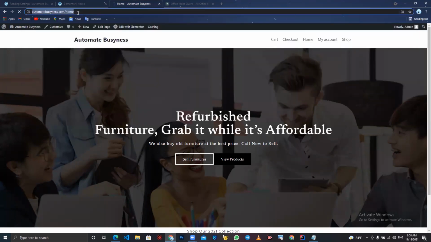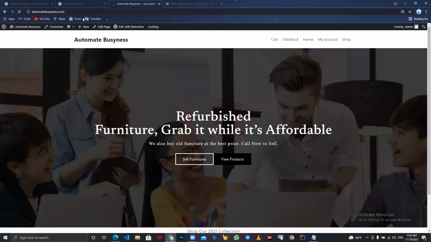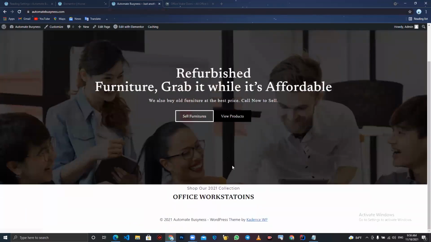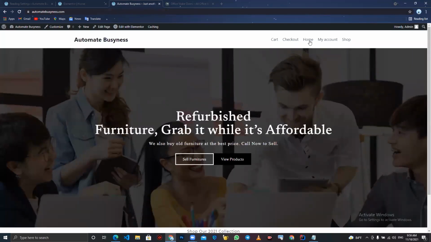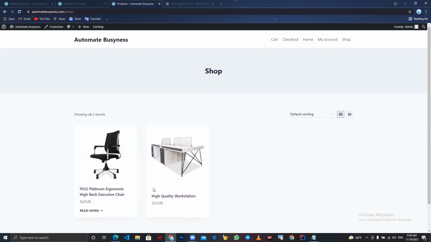Yes, you can see I deleted home. Now only .com or .in, whatever. Okay, you can see now it is the home page. So again from settings you need to go to reading. Okay, so you can see these two products added, right. So add to cart, read more. We have selected earlier, so it is showing